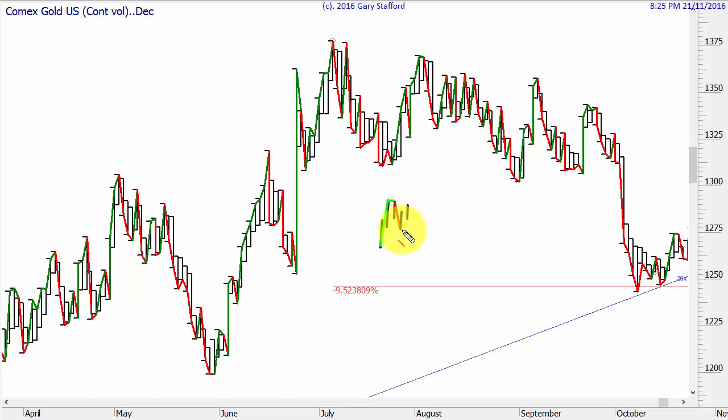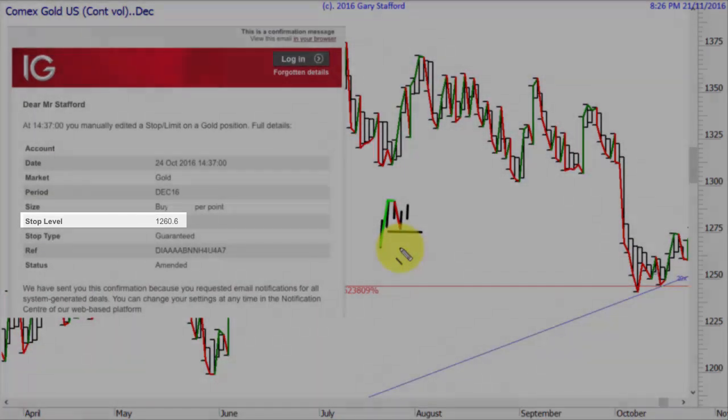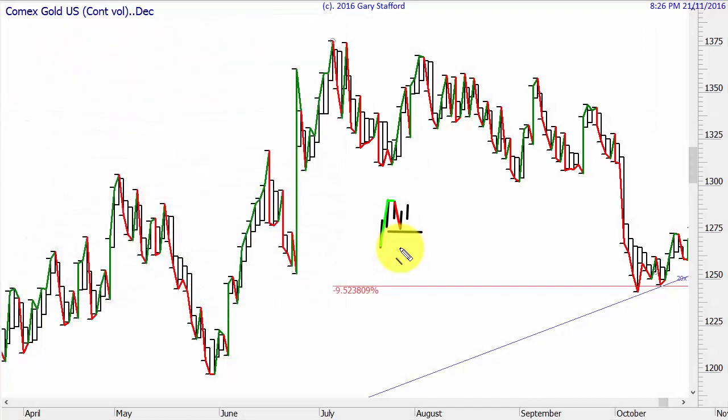Now what caught me out was that my break-even point just happened to be just below that low. So I thought, well, I'll move my stop loss to the break-even point, and then once you move it to the break-even point, you stop worrying about it and all the rest of it. The psychological part of it disappears from trading. And then what happened was there was a massive fall near the end of trading, which hit my stop loss to the exact point, and then went back up again.